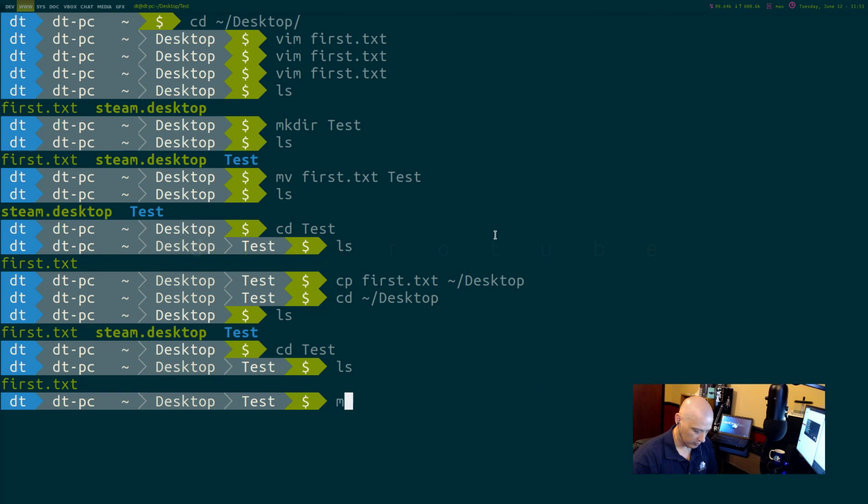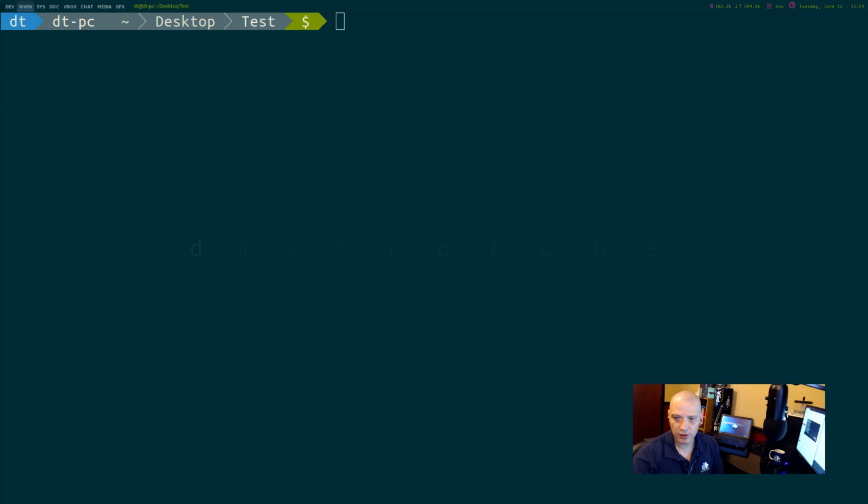Same thing with move. You can give it multiple files to move. First.txt, second.txt. I didn't spell that right. It doesn't matter. And then third, fourth, however many files you want to move, and then the path to wherever you're moving it to. So that covers a little bit of move and copy.